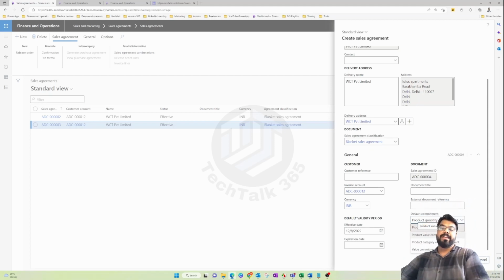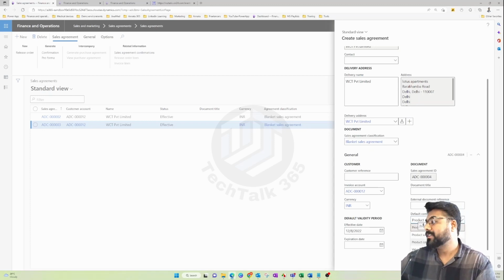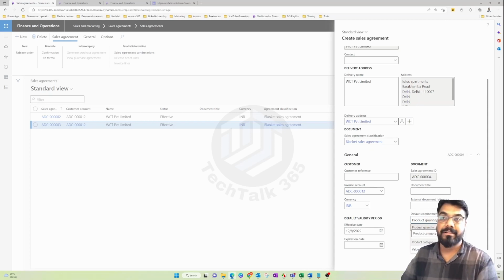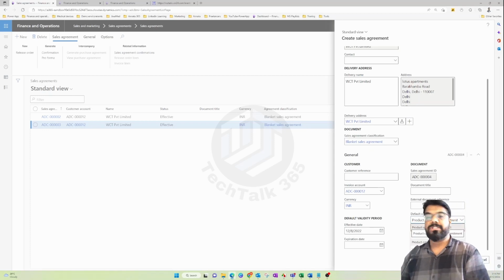Value-based commitment is just as I explained: a customer is allowed to buy 1 million worth of a specific part. Likewise, with category commitment, the customer is eligible to buy 1 million ringgits worth of not a specific part but a specific category of part. A category could be a spare part or a specific group of items. Instead of mentioning a part number, you can mention just a category. Within that category, you can buy any parts worth this many dollars, beyond which there are no discounts or the contract terms don't apply.